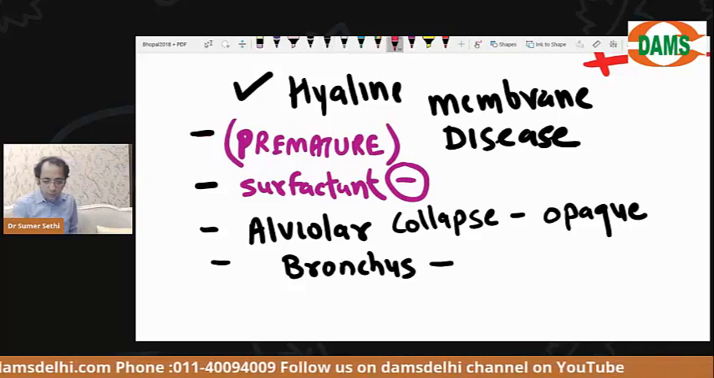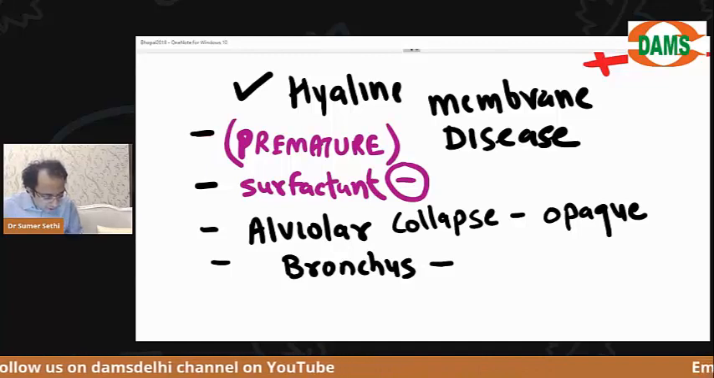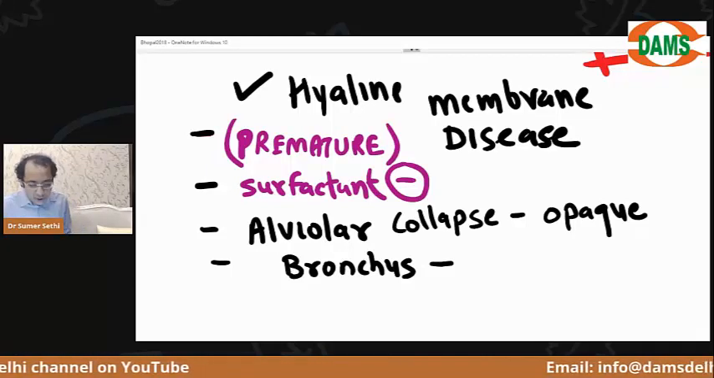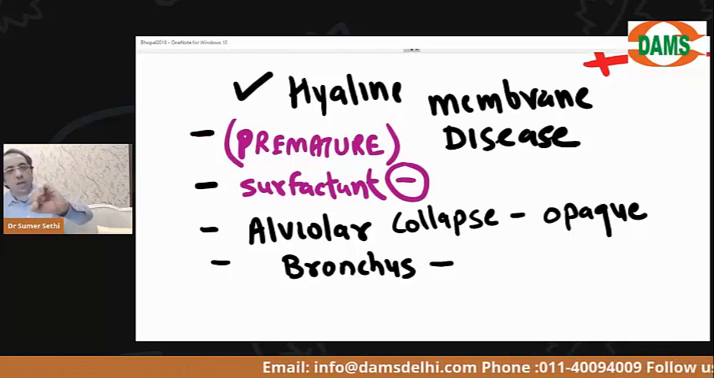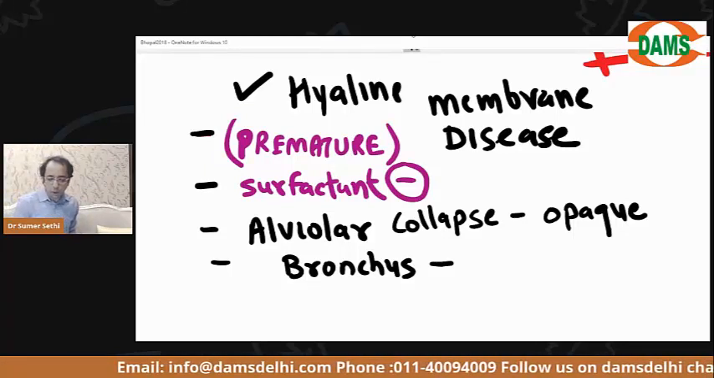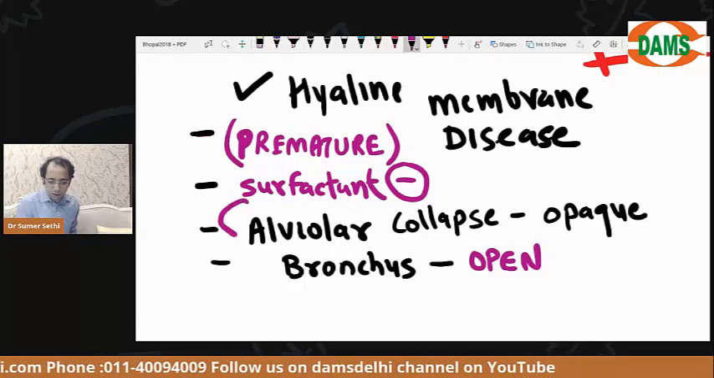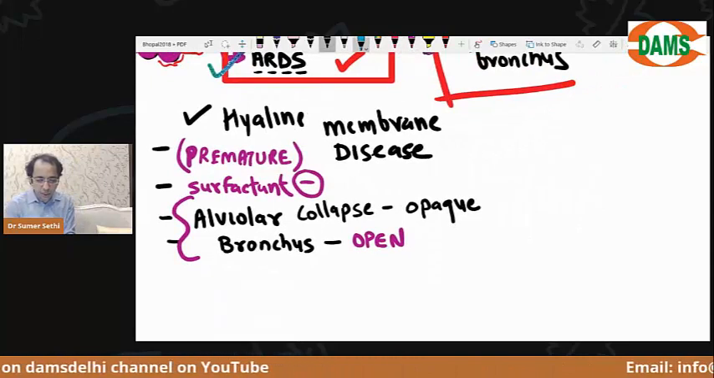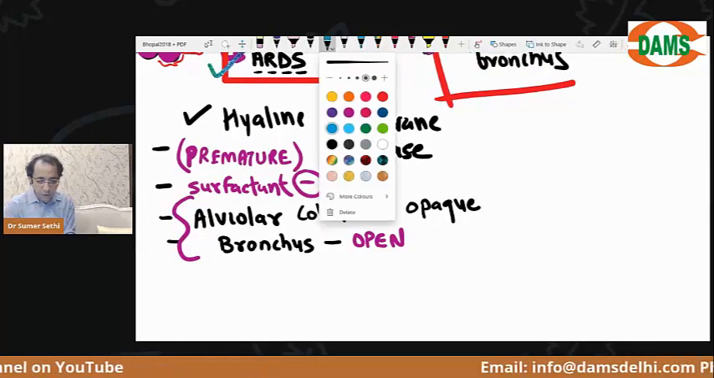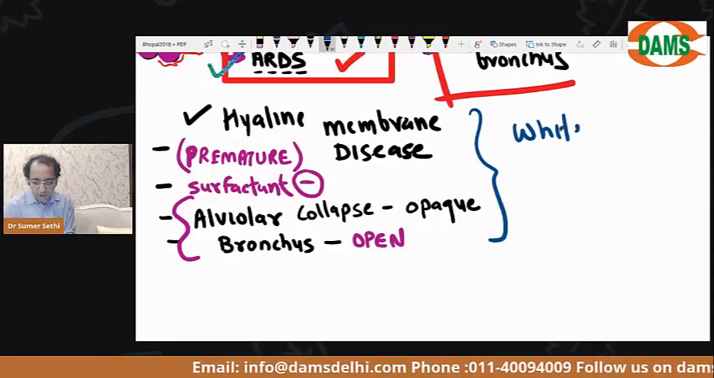What will happen to the bronchus in hyaline membrane disease? The bronchus is cartilaginous, so it does not need surfactant to stay open. It will remain patent. So the bronchus will remain open. That is why in hyaline membrane disease, as the pediatrics people will tell you, you will have white out lungs